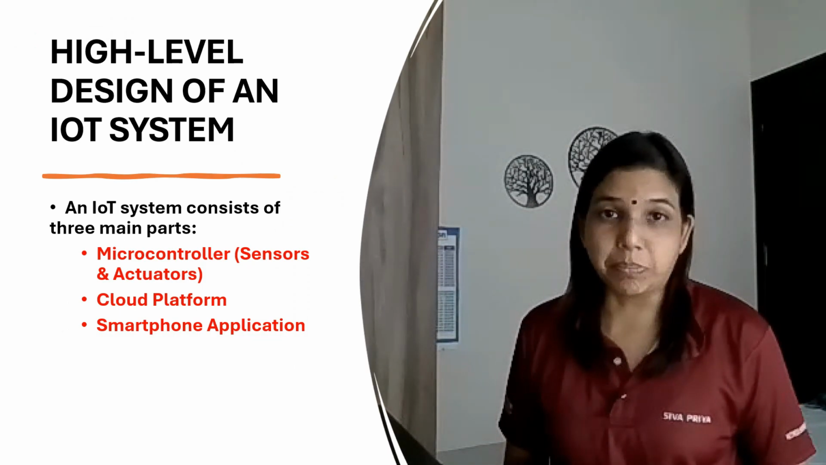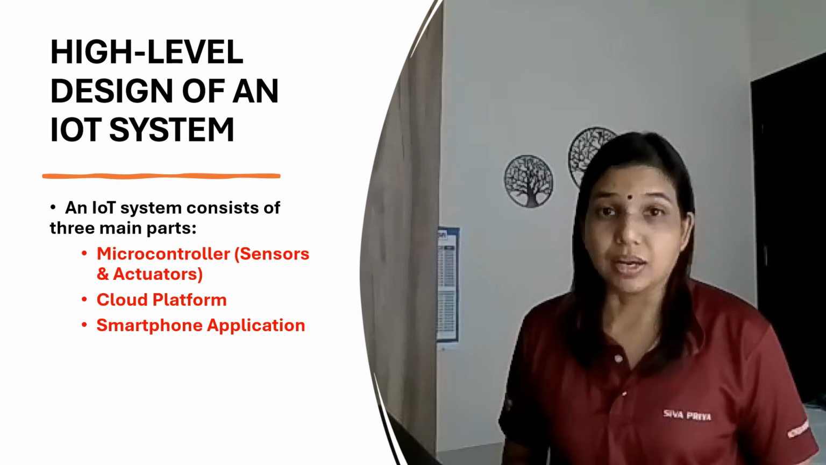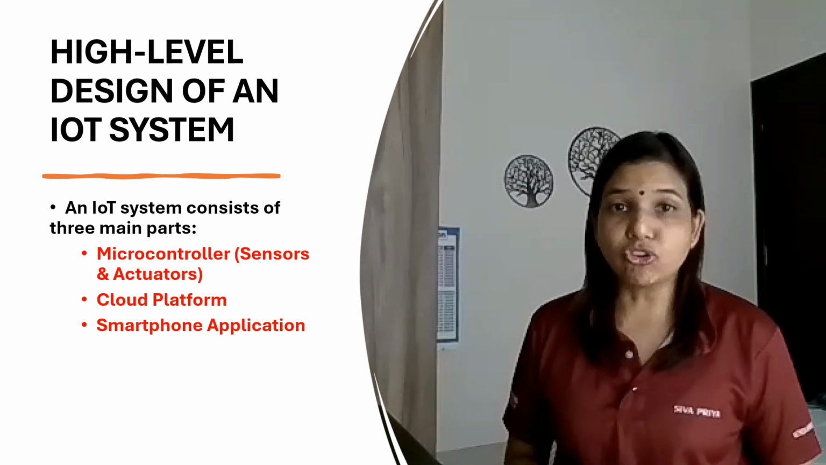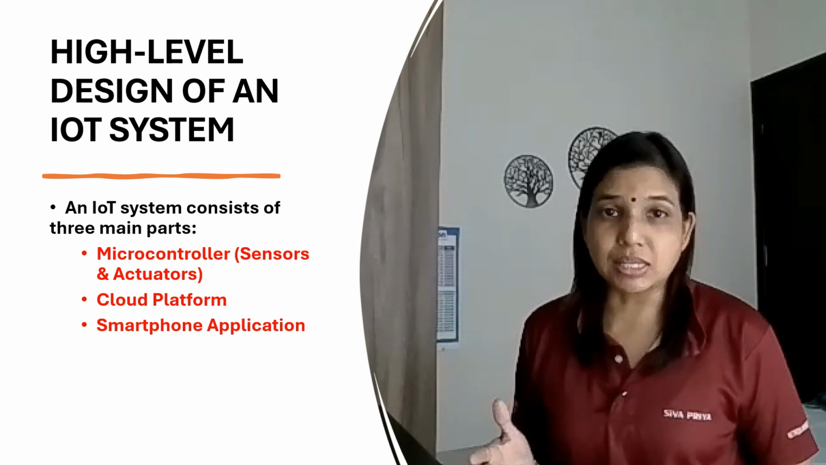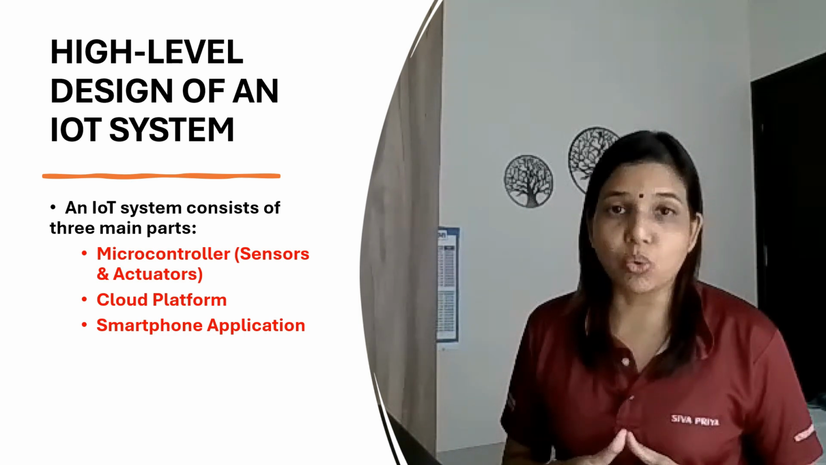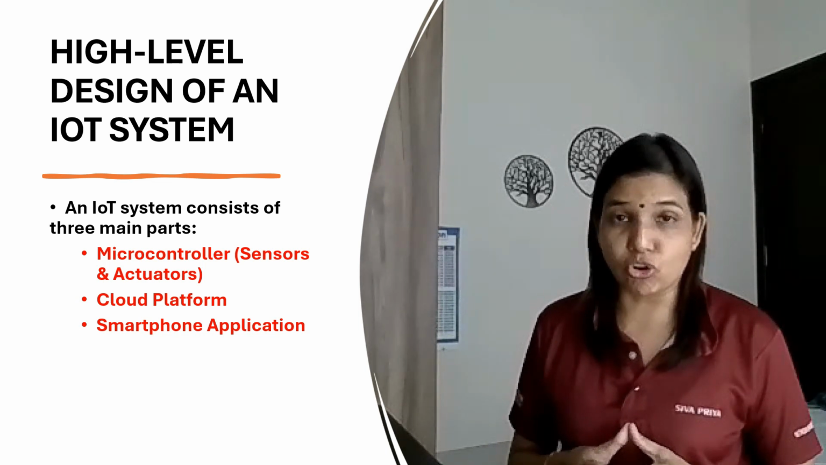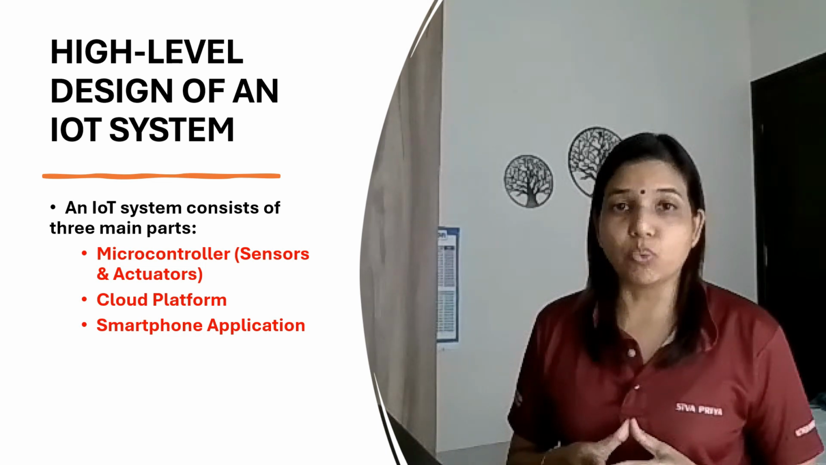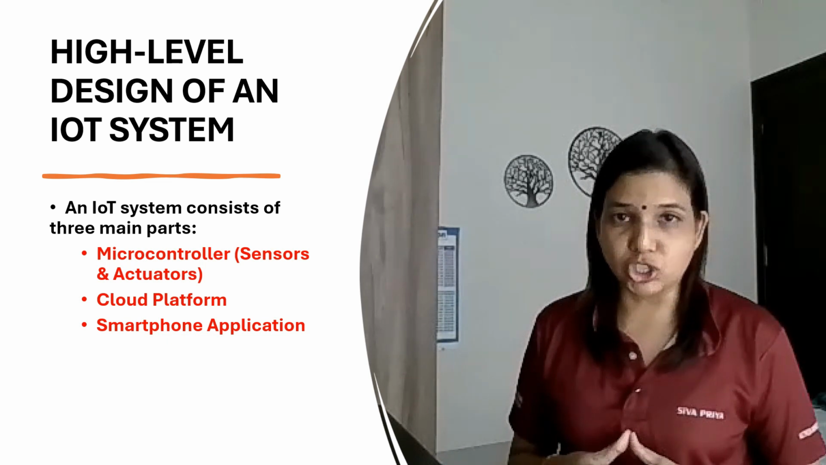The system is typically made out of three main parts: the microcontroller, the cloud platform, and a smartphone application. Now the microcontroller is connected to the sensor. Data is collected from the sensor and sent for processing to the microcontroller. The microcontroller will then make a decision based on the program that is written on the microcontroller. Once a decision has been made, the microcontroller will instruct the actuator to take action on a certain condition or